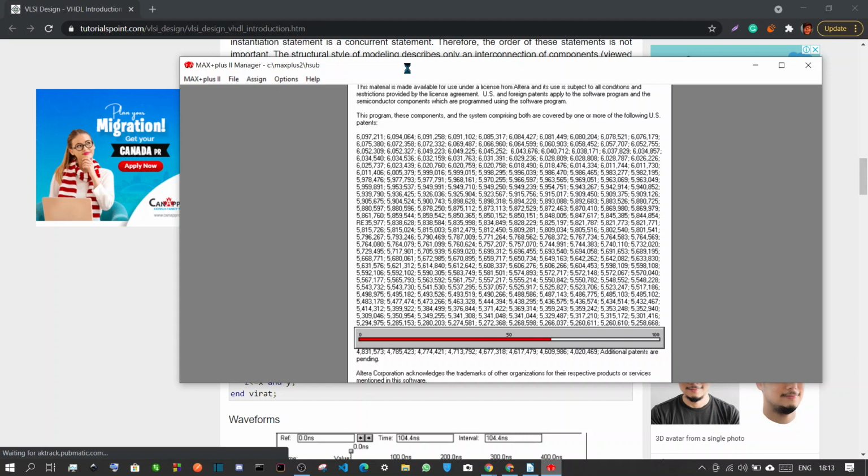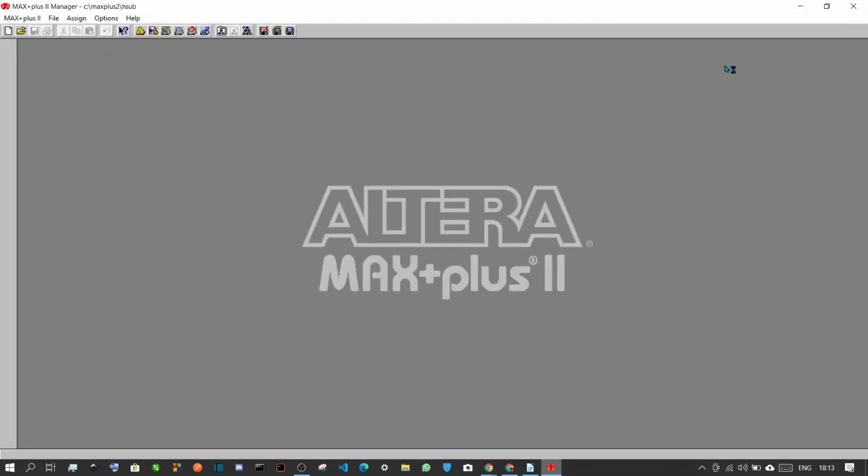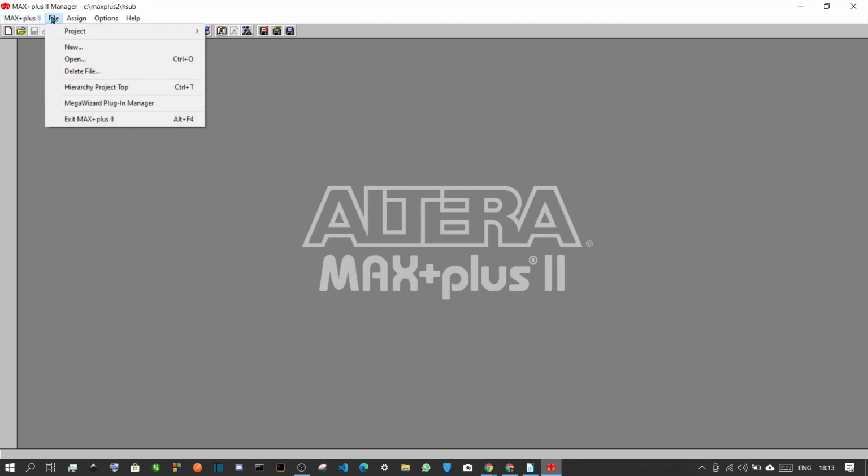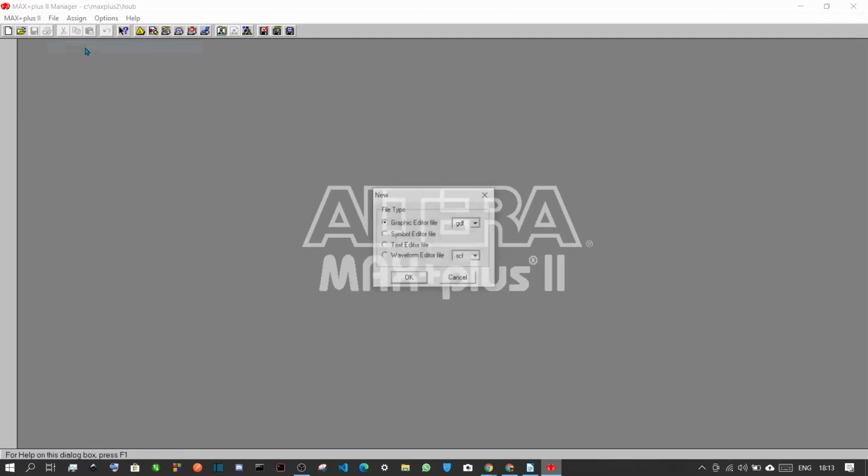So just to give you a brief idea of how this software works, maximize this. First you have to create a new file. Go to file, click on new, click on text editor file option.